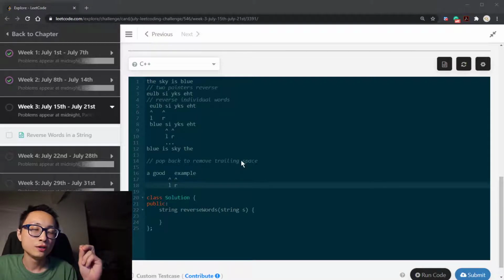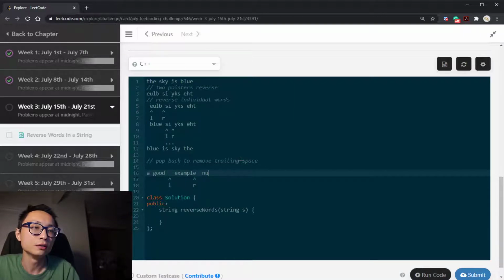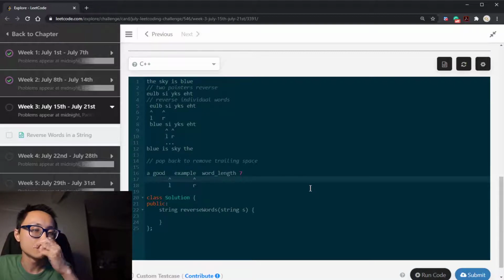When the right pointer finds the first non-empty space character, it starts to keep track of the number of characters that form a word. So in this example, it will move until the end here. So it keeps track of the number of characters here, or word length. In this particular example, it's 7. So once it's reached this position, it will swap left with right, subtract the length of the word, and then